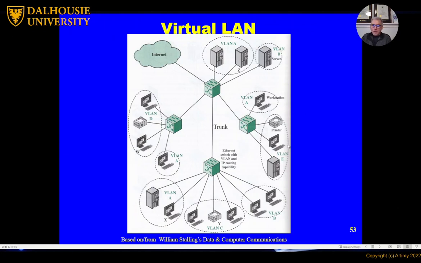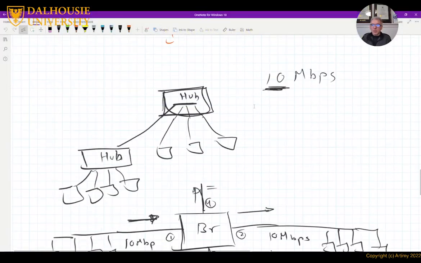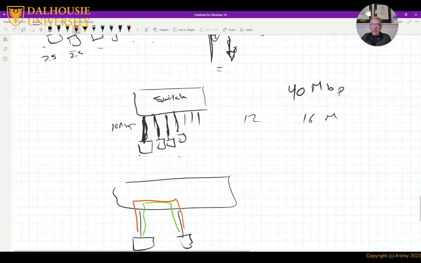We'll talk about virtual LANs later, but the virtual LAN divides the switch into segments. So here, for example, I can say these ports belong to one LAN and these ports belong to another LAN. So I use the same switch, but I divided the network into two different LANs. So the nodes that reside on the red LAN will never be able to reach the green LAN and vice versa.